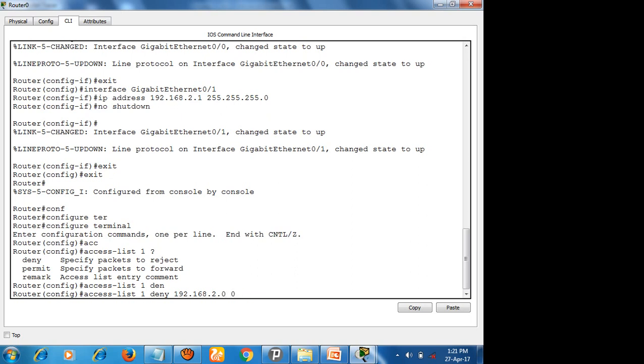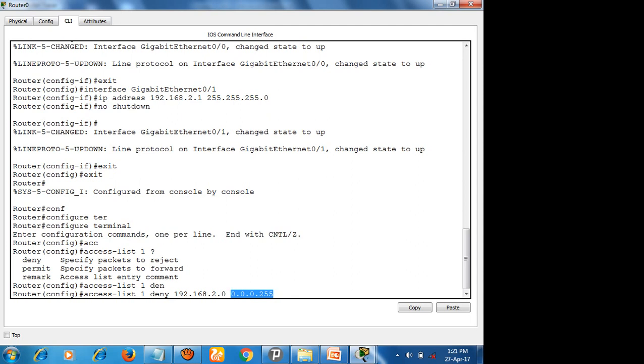for example the entire 2 network, then you have to give 0.0.0.255. I am giving 255 because this IP address belongs to class C. So it's the inverse of the subnet mask.